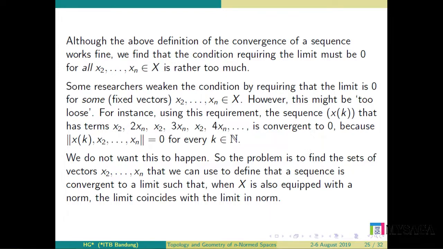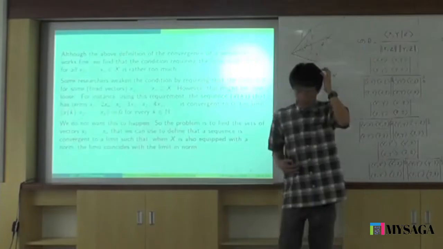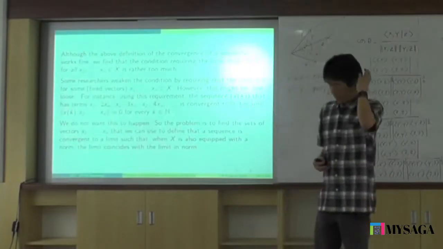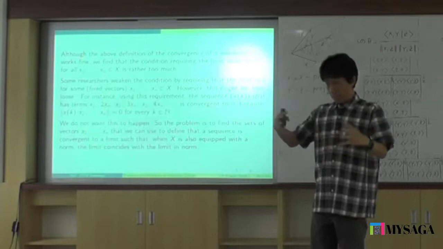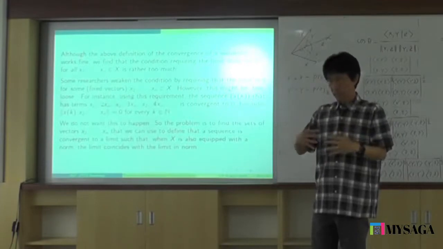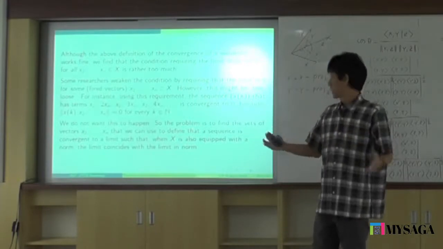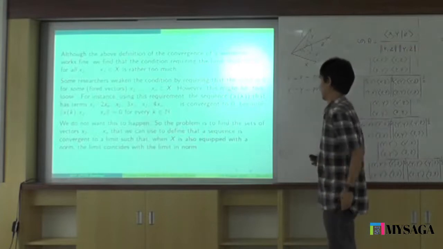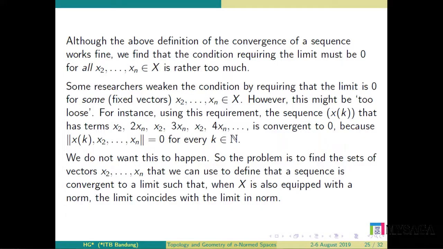So if we are to reduce too much, then we get something funny. So we don't want that too. Okay? So the problem is to find the sets of vectors x2 up to xn that we can use to